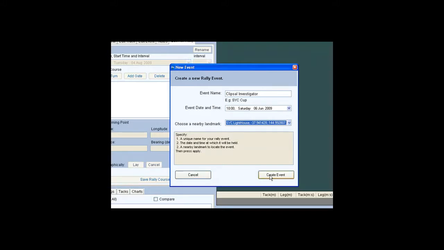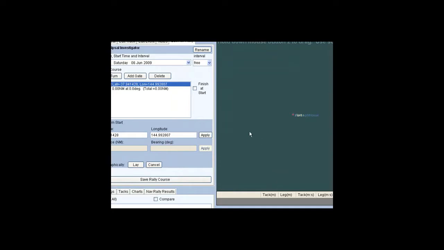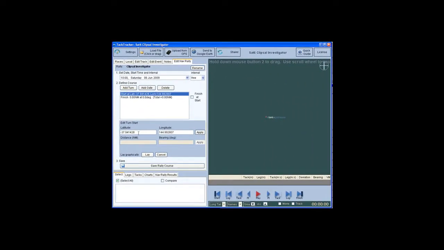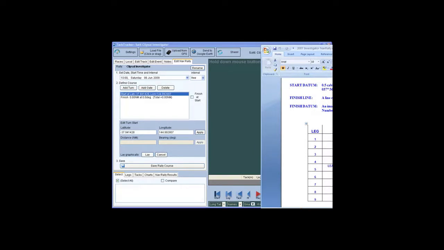But for now we'll just say create event, and this is creating a new rally event starting at 10 AM on Saturday the 6th of June, and we have a start and a finish, which have conveniently been placed just at the landmark that I selected before. Now the first thing I need to do is to refine the start point to the one that was actually defined in the document. So if I bring up my document here,